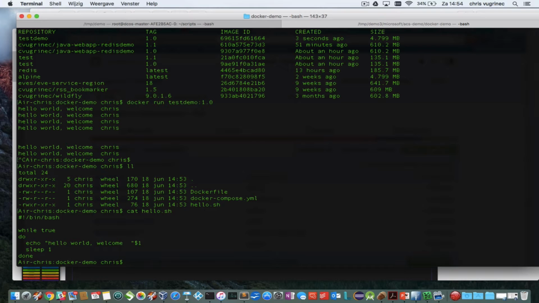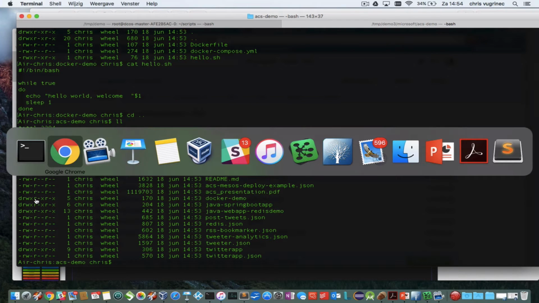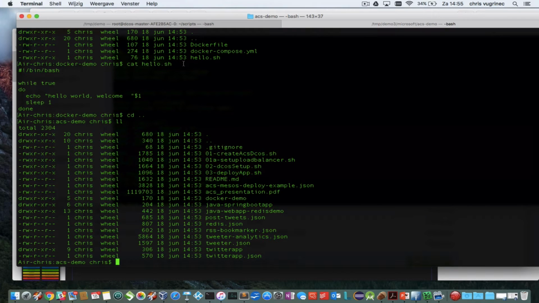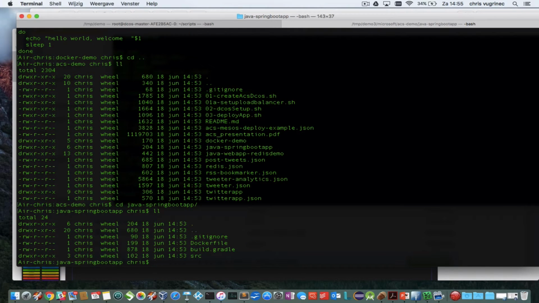So this is of course not very interesting because usually you would have some kind of a web app or something like that. So you can also create a Spring Boot app. So this is a Java application which is being built with Gradle. And as you can see, if you guys know Spring Boot, it's a very lightweight form of running an image. So when I do a Gradle build,